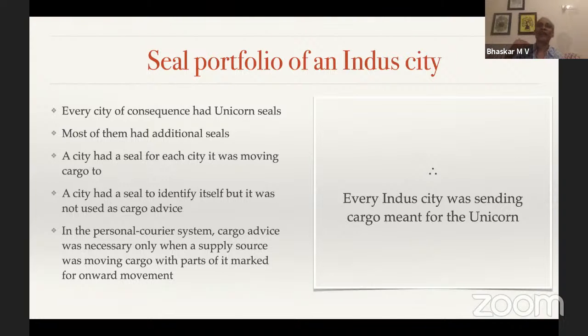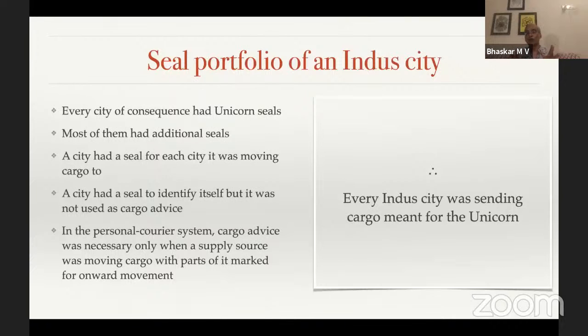It is only when I have to serialize the cargo movement through an emissary or an intermediary or a combination from one entry point to another through several transit points that cargo markers become necessary. And when I send multiple cargoes to the same destination, I need to differentiate and tell the recipient that, hey, this is meant for you, and hey, this is meant for onward movement to the unicorn country.